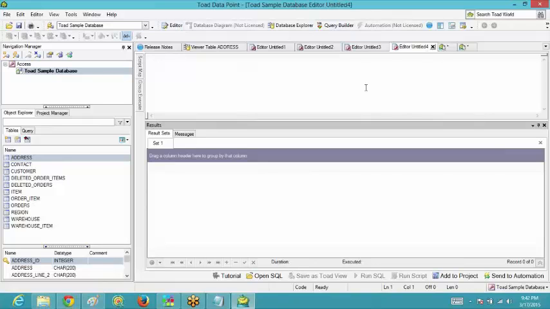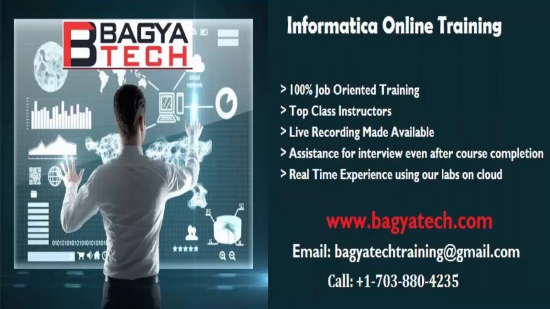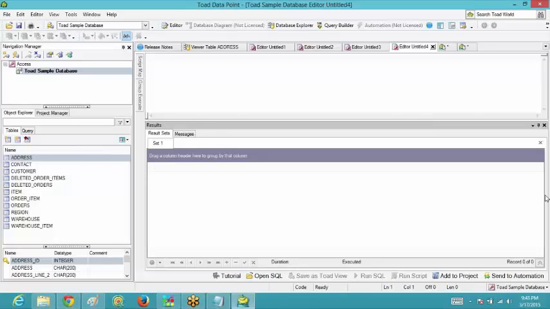These were some things that I told yesterday: how to open, how to connect to the database, and how to get the editor window. So everyone has got this type of page in front of you now. You are connected to the database, and you have an editor window like this over here.